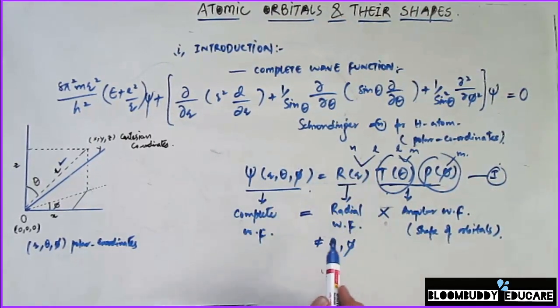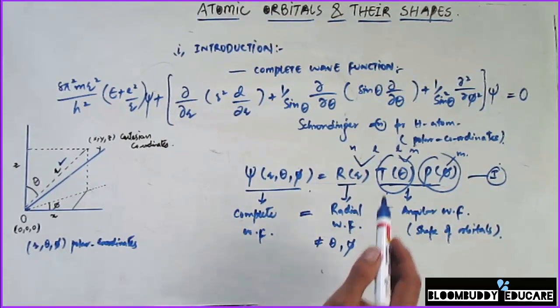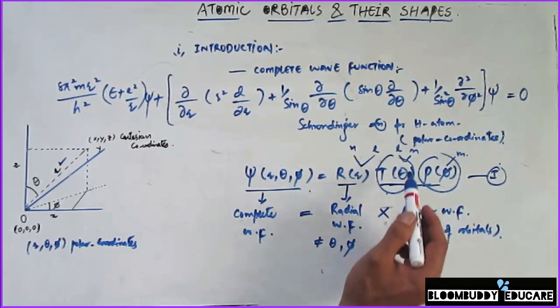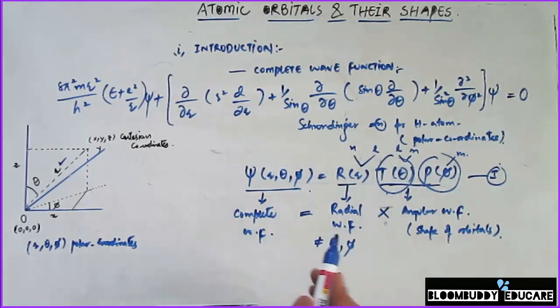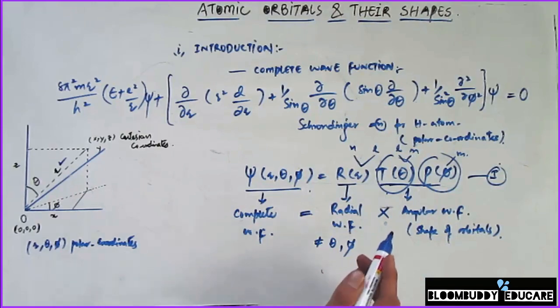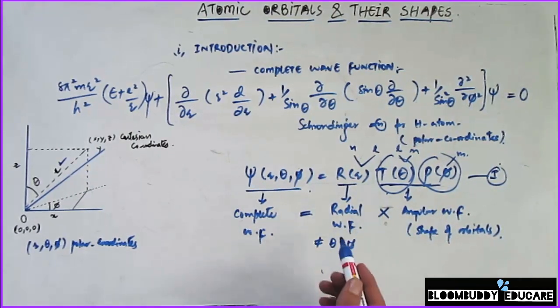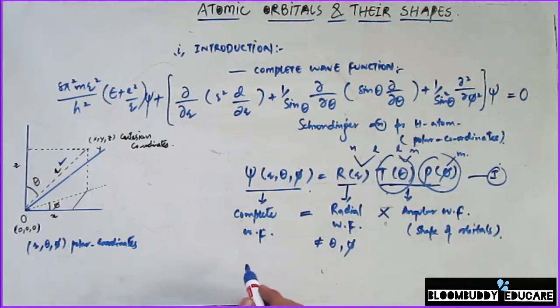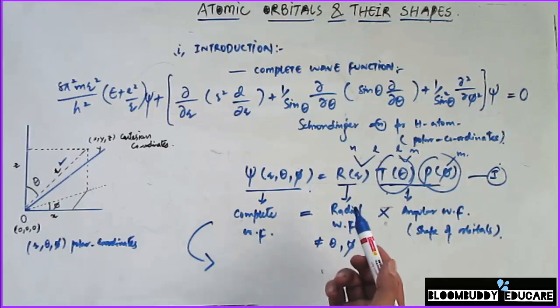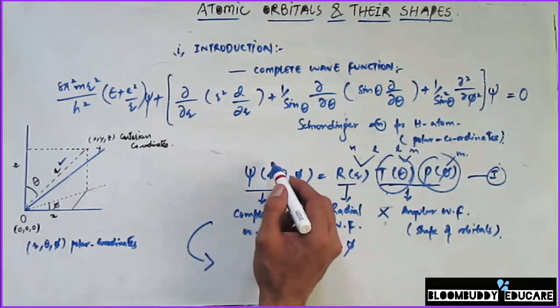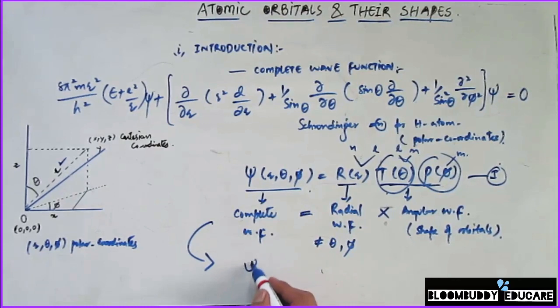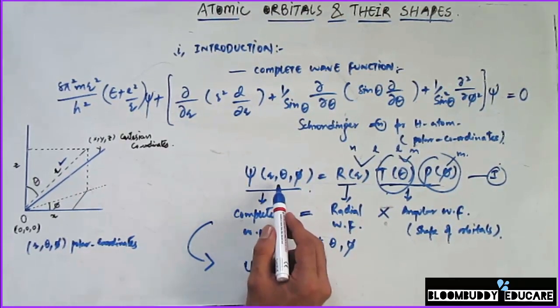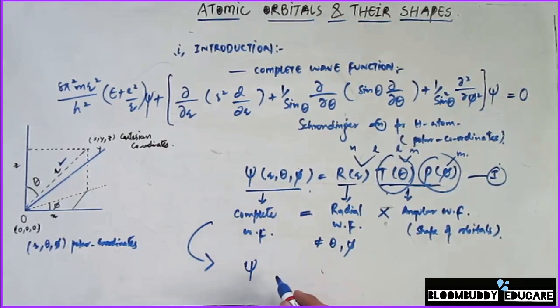So the principal quantum number gives us the exact orbit wherein an electron is located. The azimuthal quantum number gives us the angular momentum, while the magnetic quantum number gives us the direction of the angular momentum. So all of them are also very important in this case wherein we are looking at the complete wave function. Now what I'm trying to write is the complete wave function in terms of the quantum numbers. So when I write that, this equation can be written as the complete wave function psi. Instead of the polar coordinates r, theta and phi, I'll write three quantum numbers n, l and m.